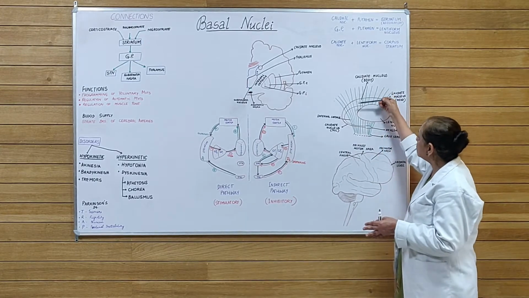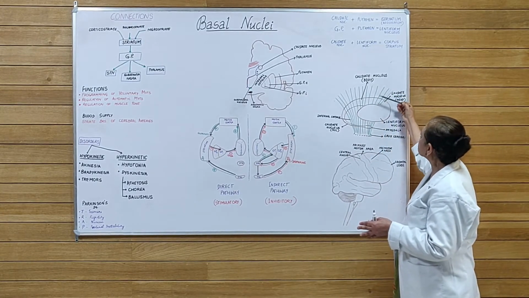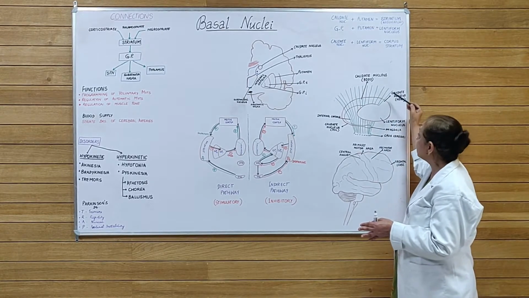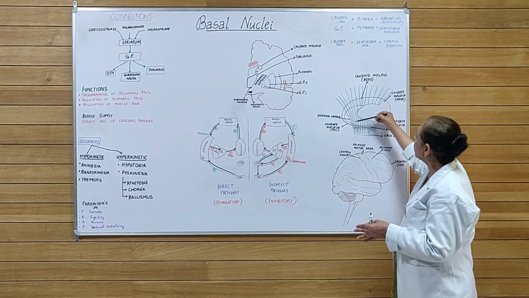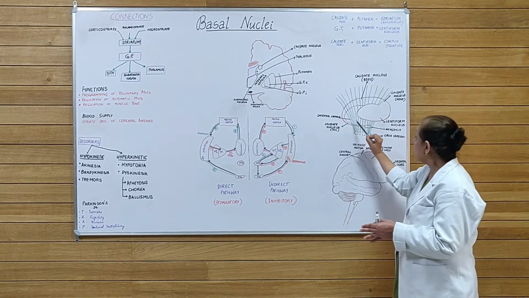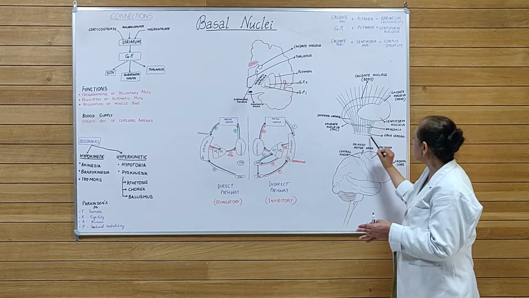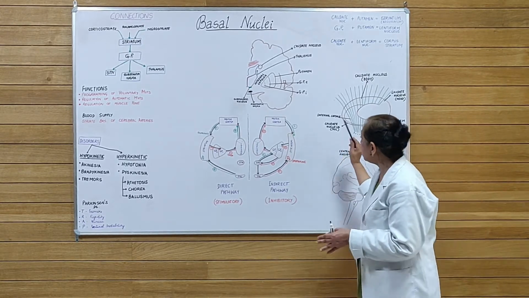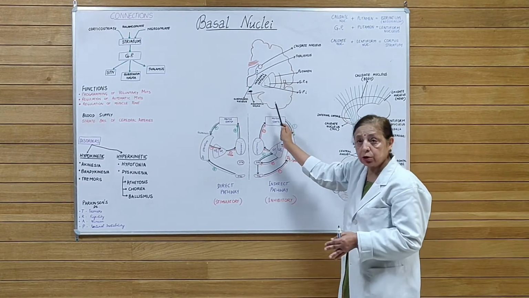Now, do you notice another feature over here? These are the fibers which are coming from the cerebral cortex, from all the lobes of the cerebral cortex, and they are traversing over here where they condense to form the internal capsule. And this internal capsule is going downstairs as the crus cerebri. Alright? Now let us have a look at the coronal section.